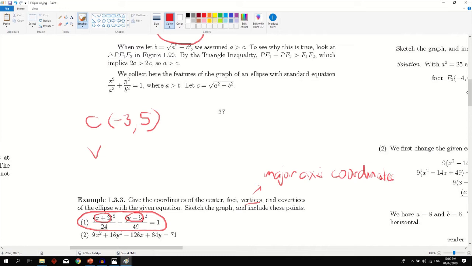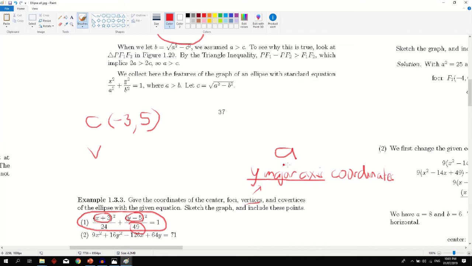Okay, so we already have a center. Now we need to get the major axis. So we need to get A so we can know that. First, we need to know what is the major axis. Is it X or is it Y? Which one is bigger? Oh, this is much bigger, 49. So it should be a Y